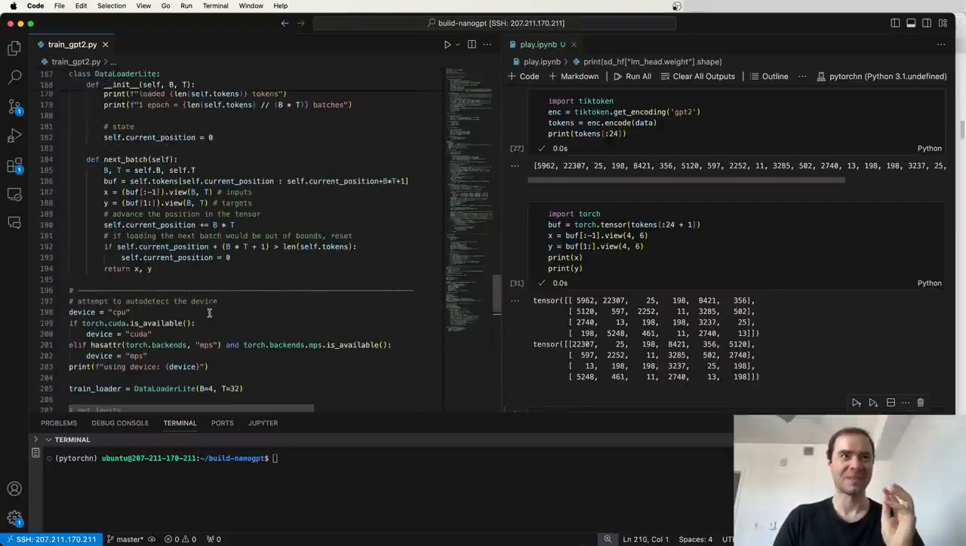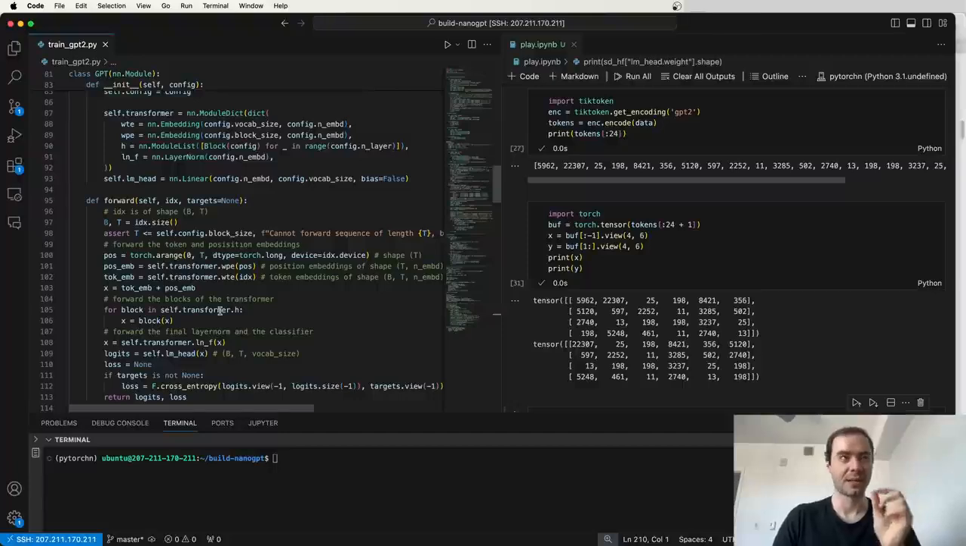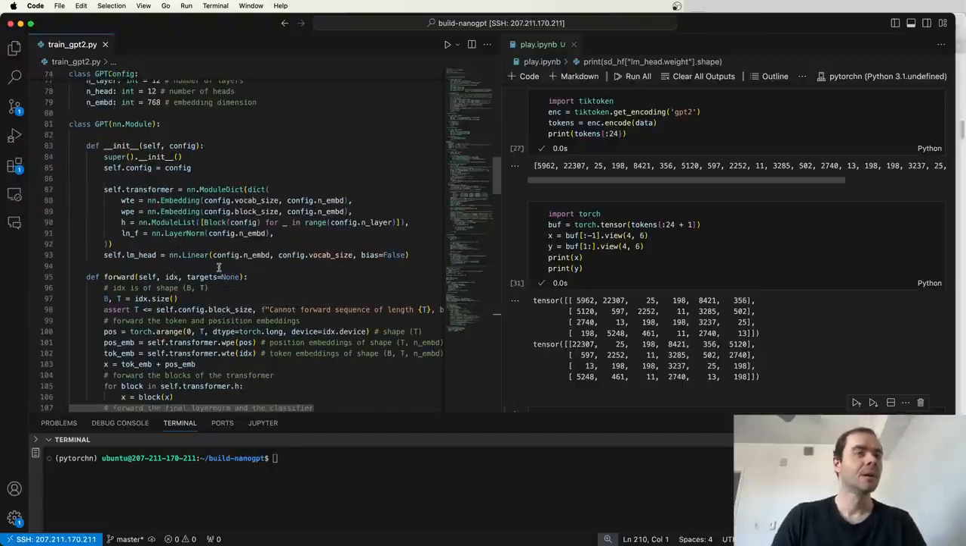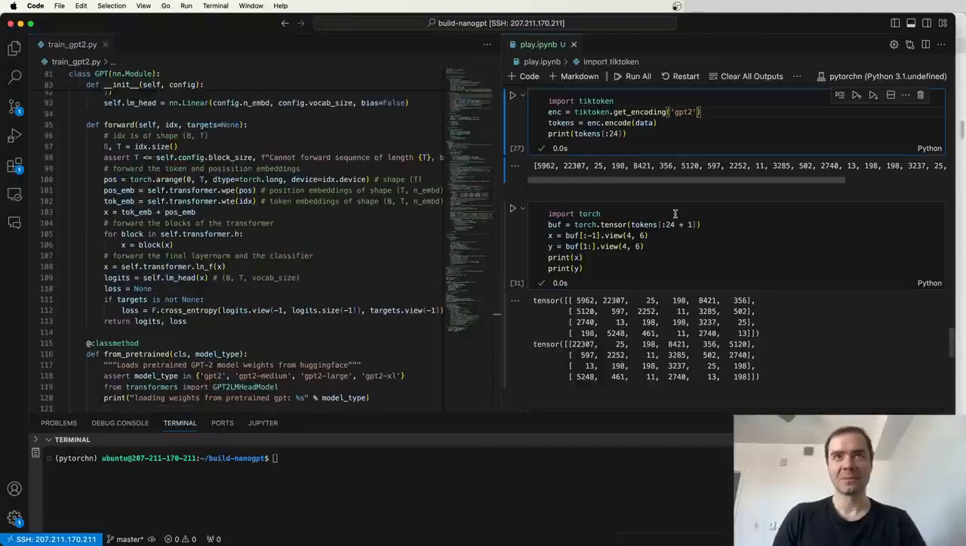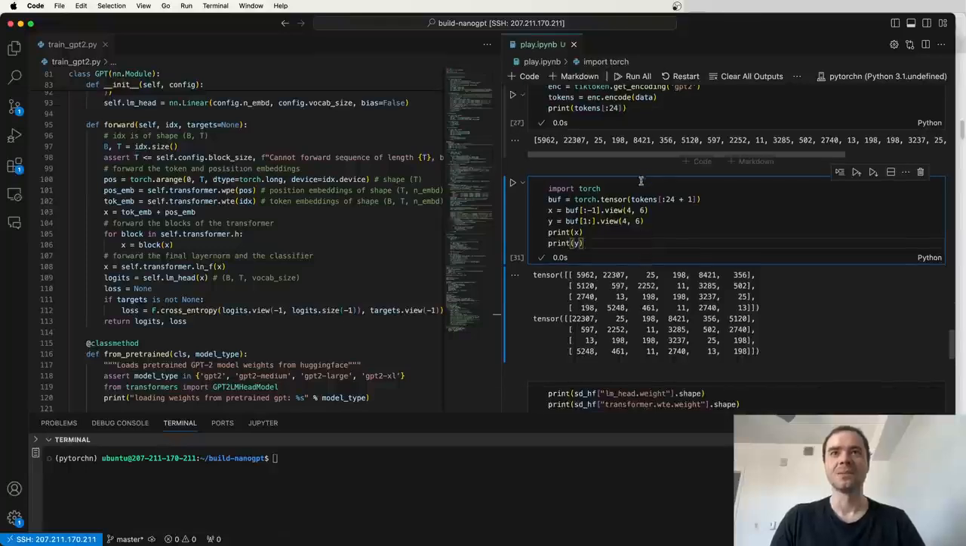Okay, next, I want to actually fix a bug that we have in our code. It's not a major bug, but it is a bug with respect to how GPT-2 training should happen. So the bug is the following. We were not being careful enough when we were loading the weights from Hugging Face, and we actually missed a little detail. So if we come here,